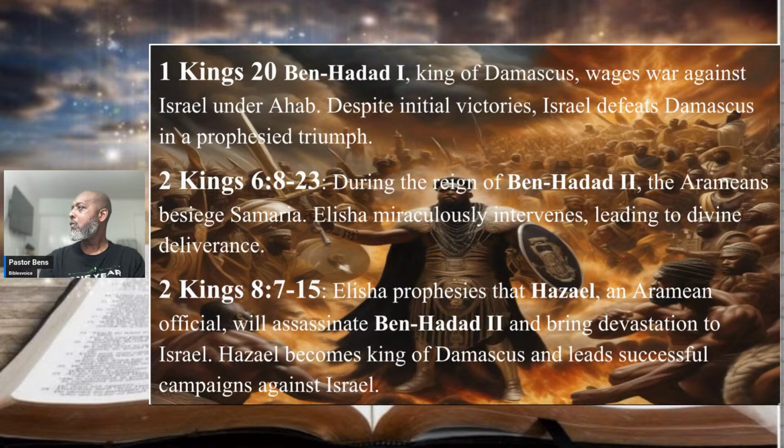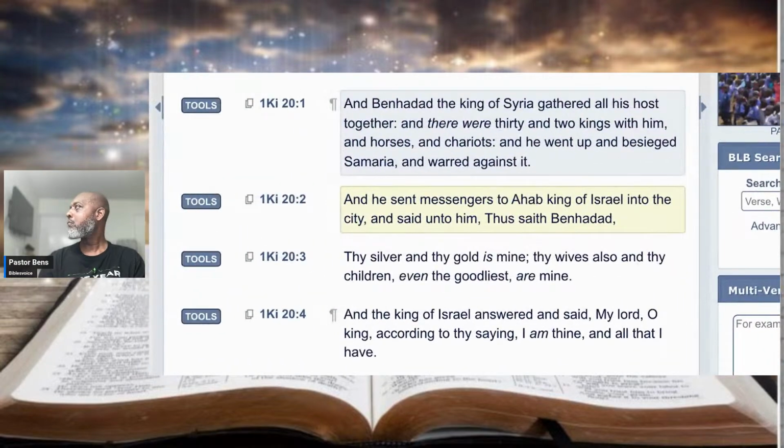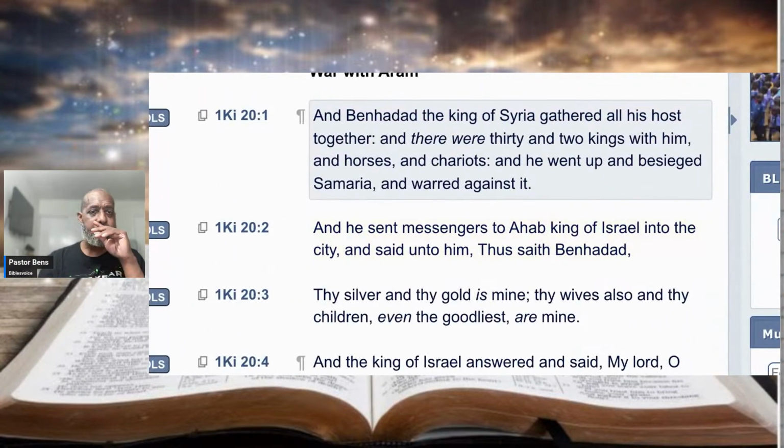Now let's find out. We're starting verse 1. And Ben-Hadad, the king of Syria, remember this area, the king of Syria, gathered all his hosts together, and there were 32 kings with him, and horses and chariots, and he went up and besieged Samaria